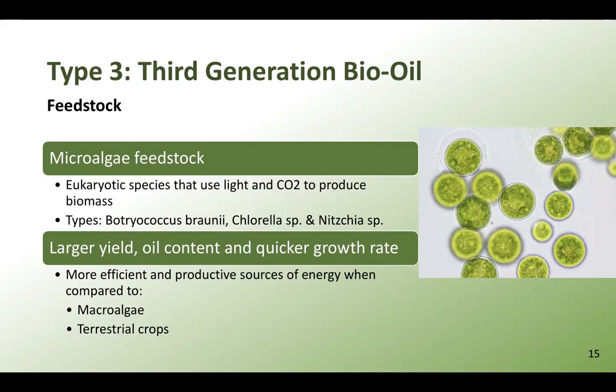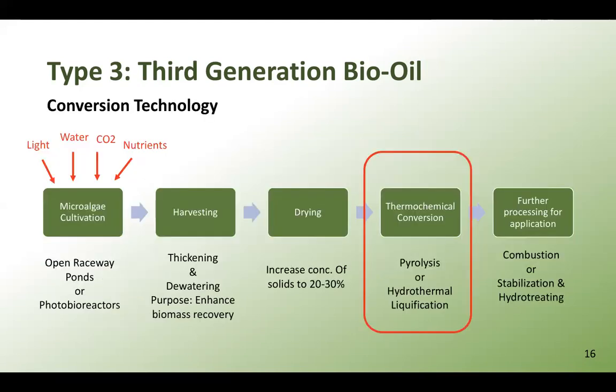Algae, in general, are basically eukaryotic species that use light and CO2 to produce biomass. So this would be the case for microalgae. Common types of feedstock used to produce bio-oil are those mentioned in the slide. As for the conversion technology, generally to produce bio-oil from microalgae as the starting point,